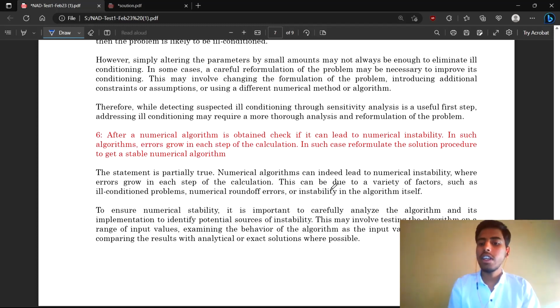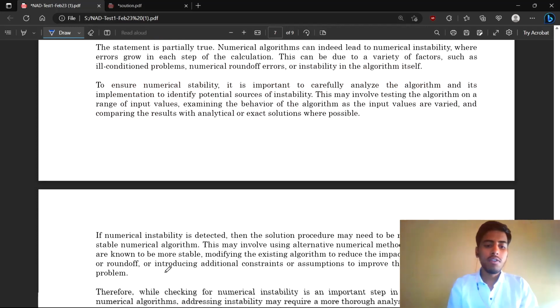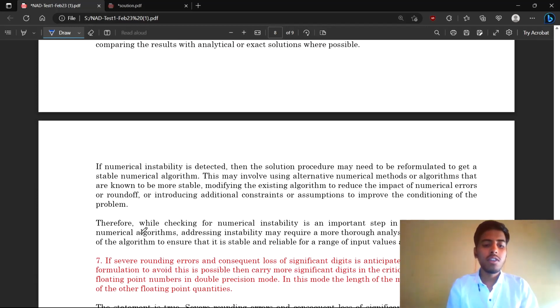Numerical algorithms can indeed lead to numerical instability, where errors grow in each step of the calculation. This can be due to a variety of factors such as ill-conditioned problems, numerical round-off errors, or instability, as you know from earlier. So by default it is true. Why is it true? Therefore, while checking for numerical instability is an important step in the development of numerical algorithms,